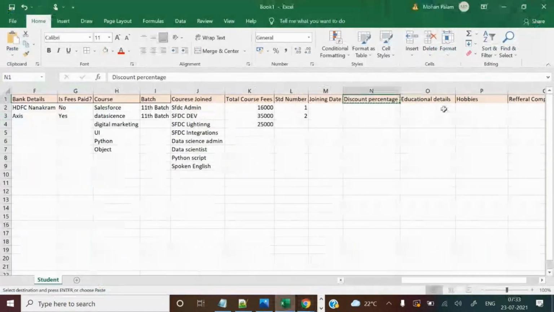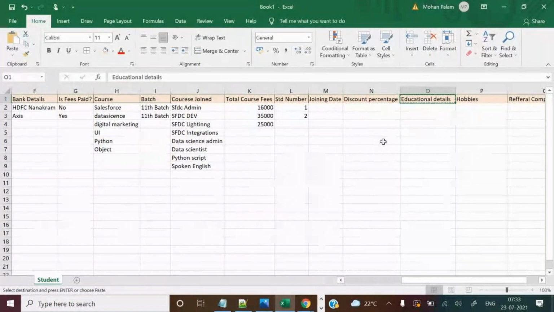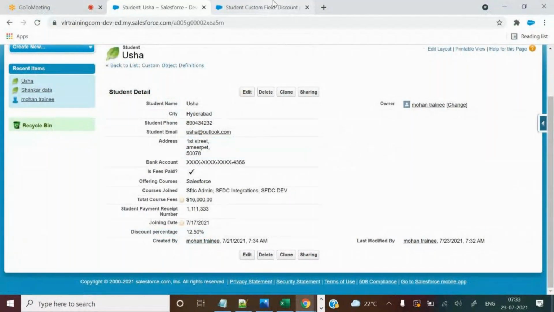Next, educational details. Business wants to store student educational background details, like what they have completed, like 10th class, intermediate, I mean 12th standard, degree or BTech or MSc, MTech, MCA, MBA, BCom, BSc, mechanical, whatever it may be.